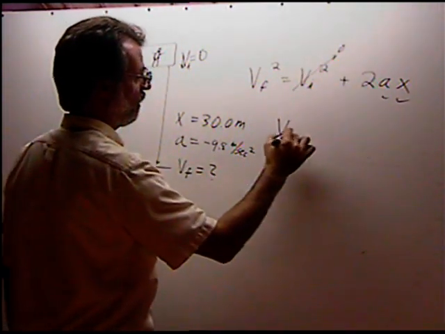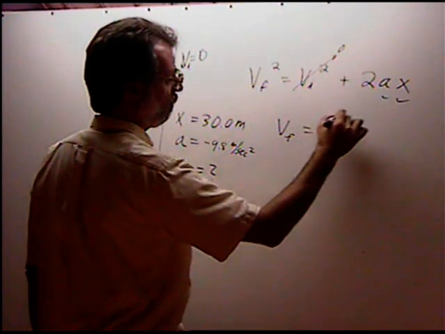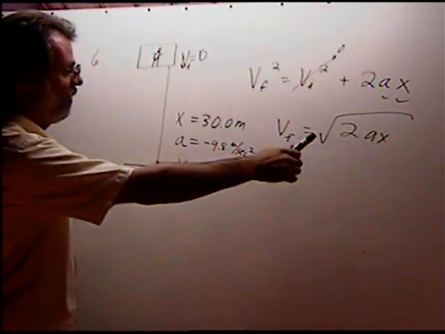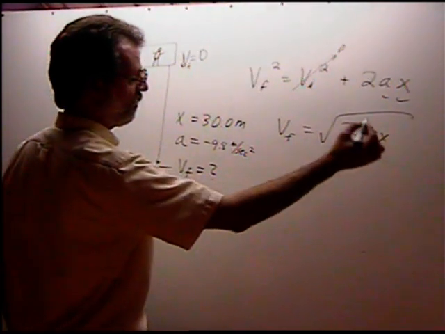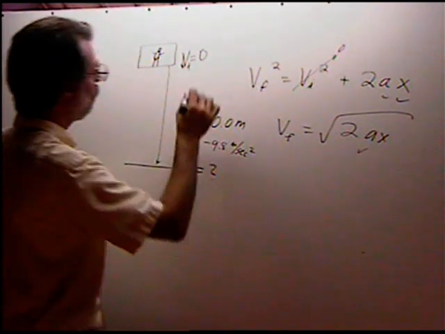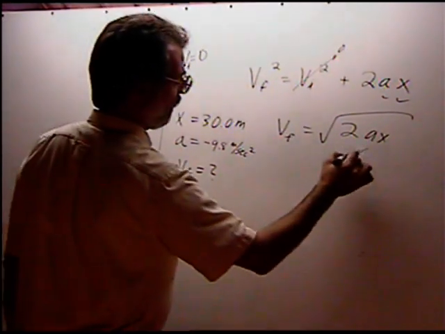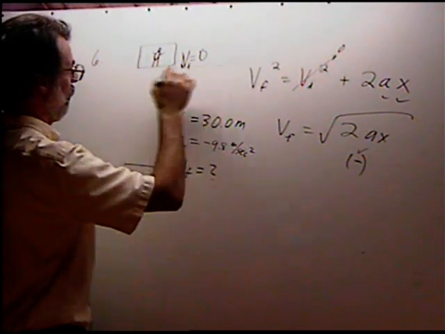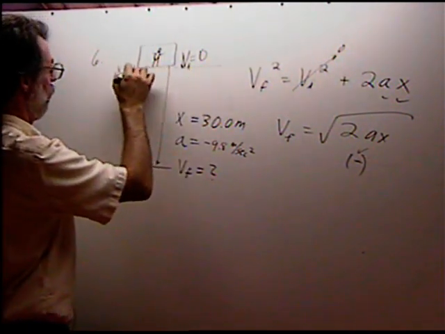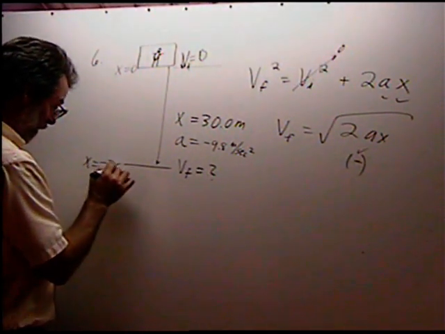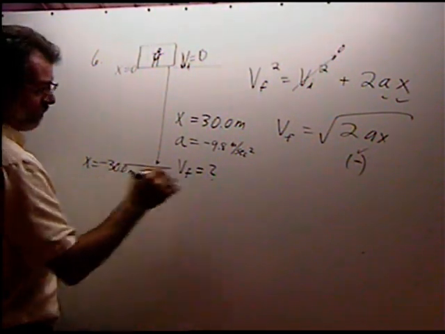The final velocity, again, is simply the square root of 2ax. I'll leave it to you to just fill in the numbers for the acceleration. Notice the acceleration is a negative number. If we take our datum right here of x equals 0, at this point we have x equals minus 30 meters. So